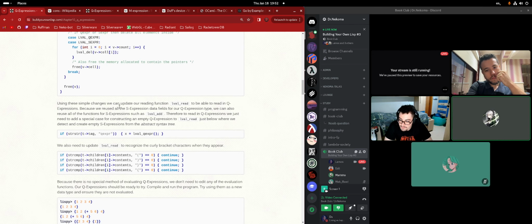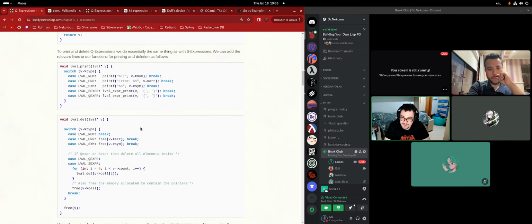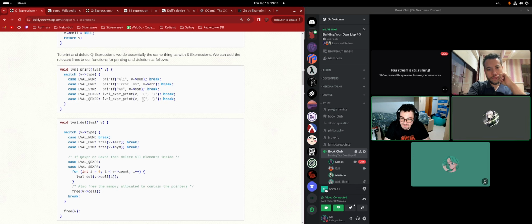By the way, can we take a moment to appreciate the fact that this convenience of reusing the S expression machinery for Q expressions is only possible because the two types are isomorphic to each other? Yes, it's only their semantics that differ, so the work that you do for the one you can pretty much reuse 99%. That's very cool. It's just a matter of also swapping the token.